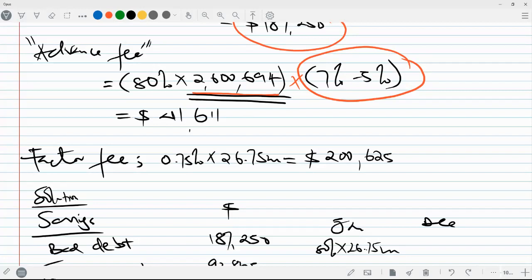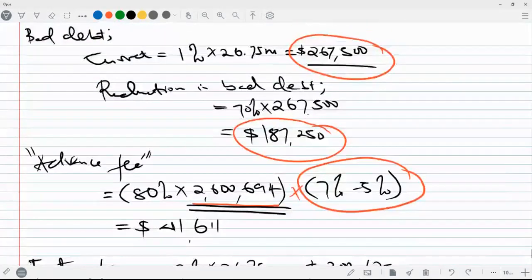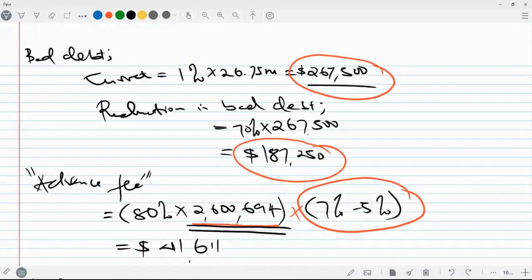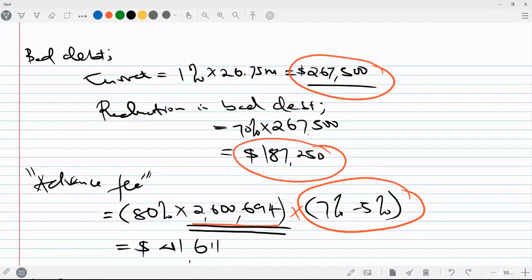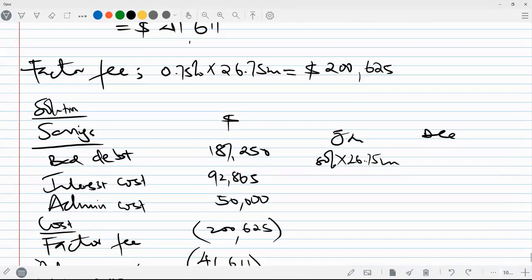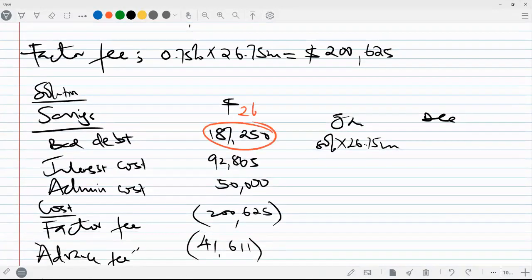And also, for a without recourse situation, for the bad debts, the current bad debts of 267,500 are going to be a benefit to the company. So the entire 267,500 becomes saved. If this is without recourse, then in our final answer we would use 267,500. This comes in as a saving to the company, the entire amount. Okay, I just wanted to confirm that.